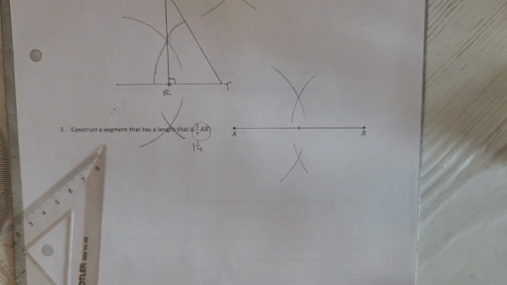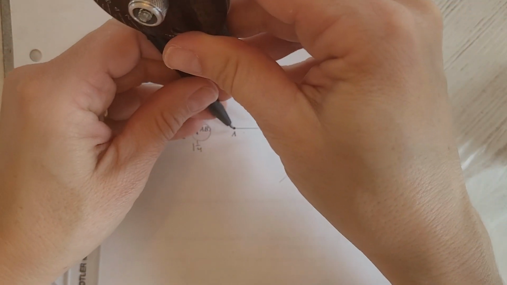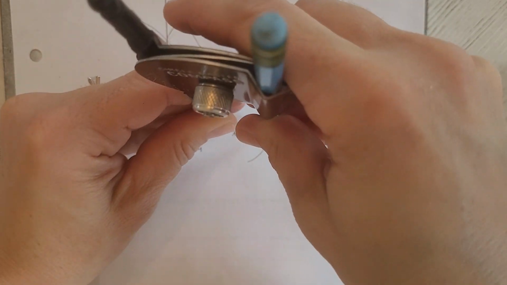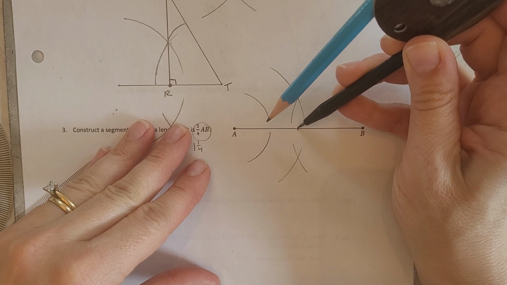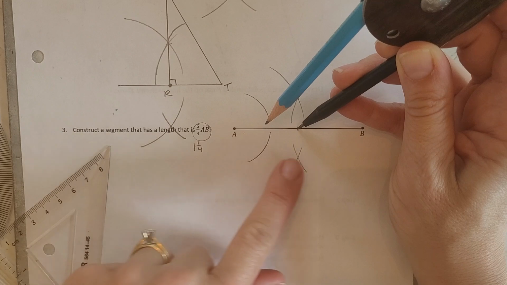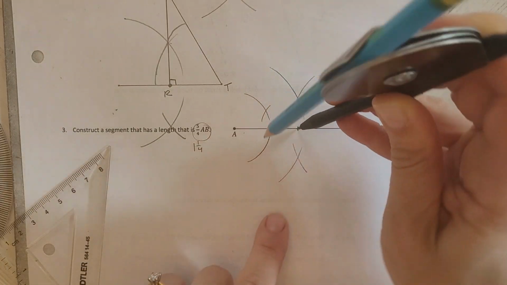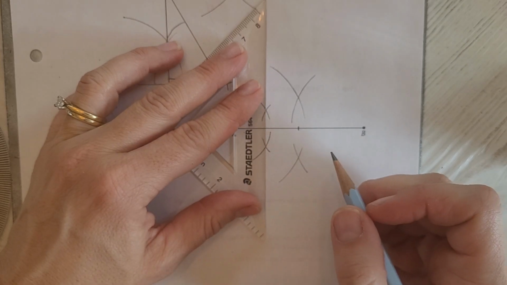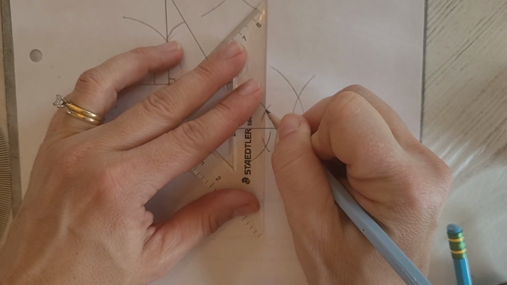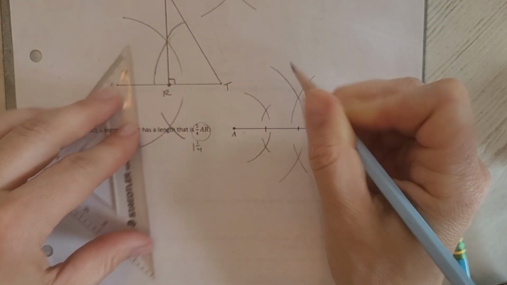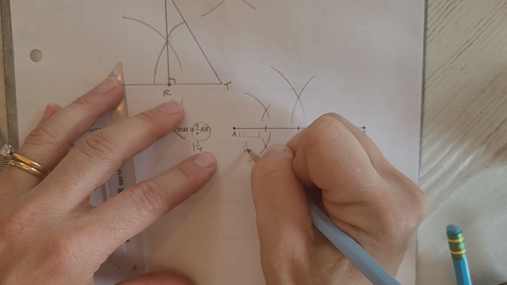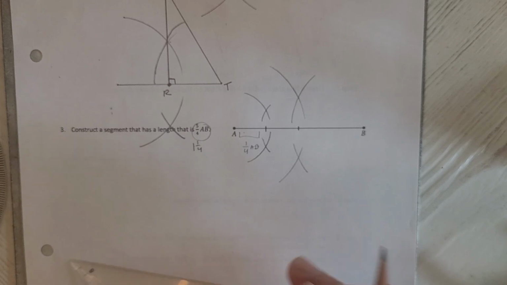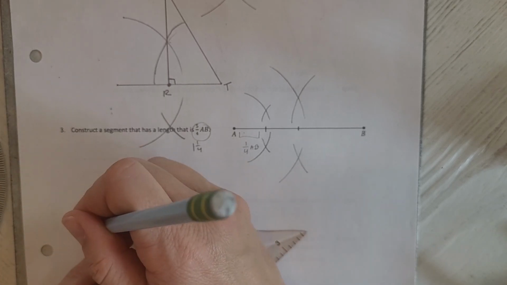So now I'm going to do my perpendicular bisector again, using A as an endpoint, and then using the midpoint I just found as the other endpoint. And there we have it, this little piece here. This is 1/4 of AB. To get my segment that has length 5/4,